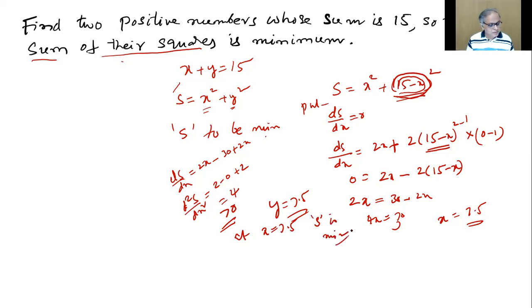That was the second question we did. So I hope you could catch the logic. Tell me. I'm having confusion about how to conclude whether it is minimum or maximum. Find the second derivative again, child. If it is less than 0, it is going to be a maximum at that value of x. If it is greater than 0, at that value of x it is going to be a minimum. Very simple.